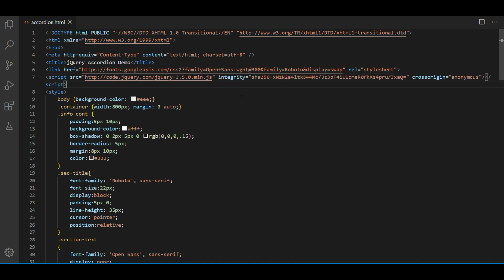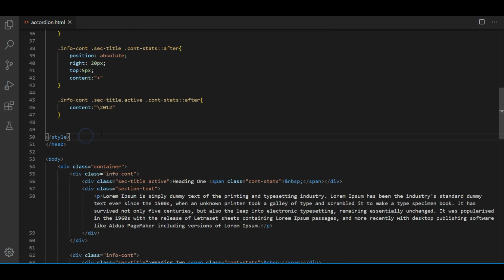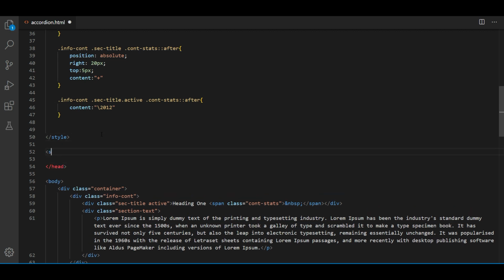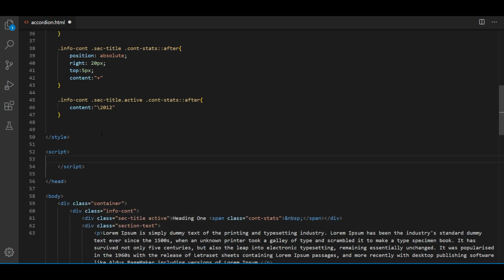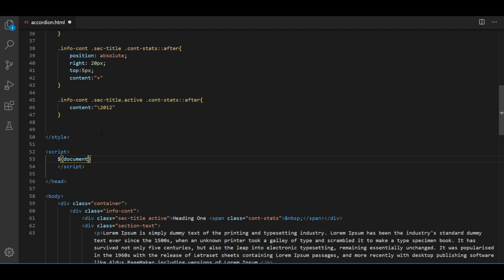Now let's write the code to open the accordion menu when we click on it. So let's add a script tag. Now start with document dot ready and add our custom functions.